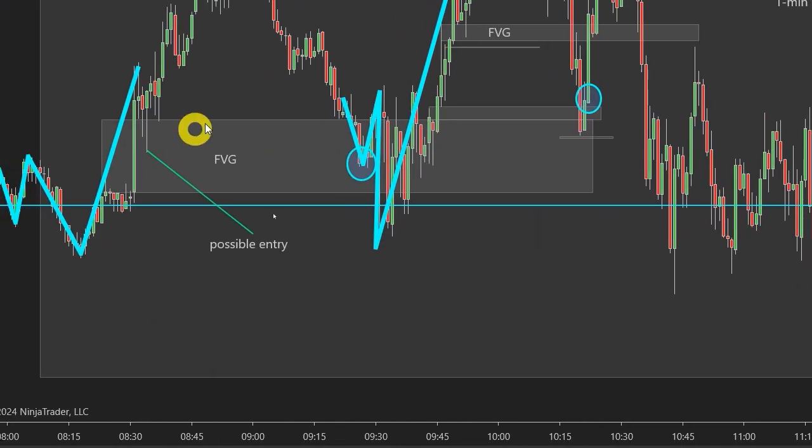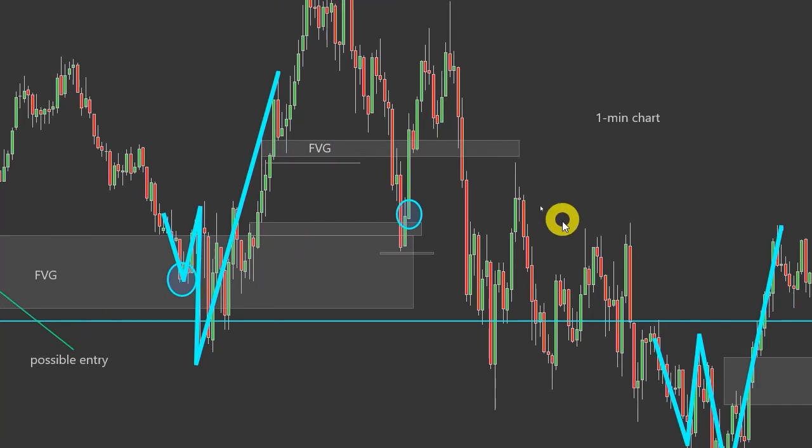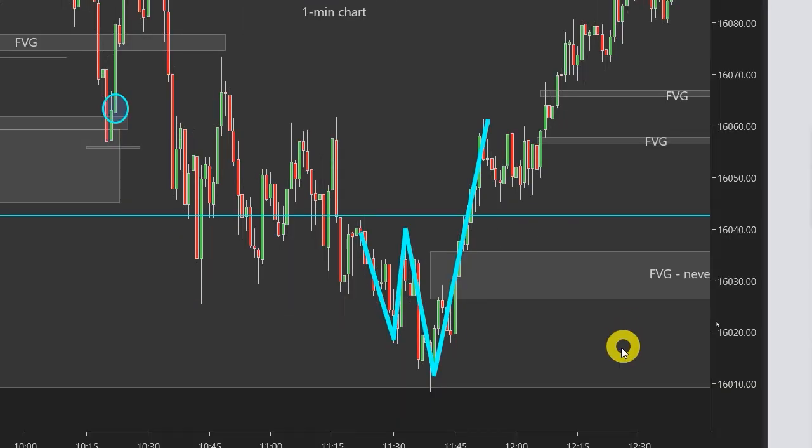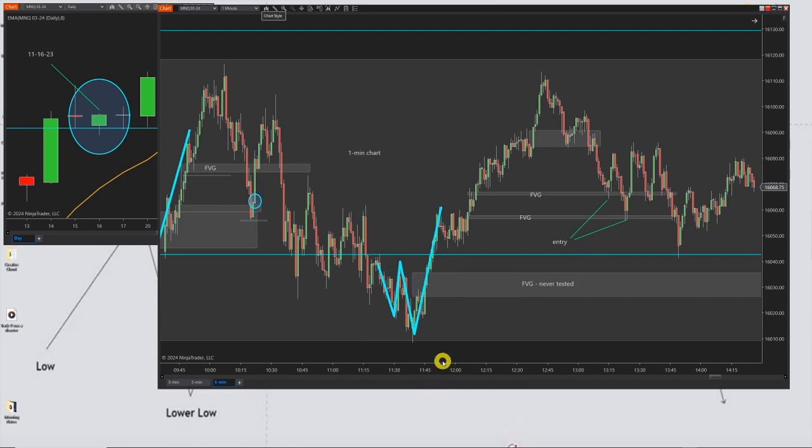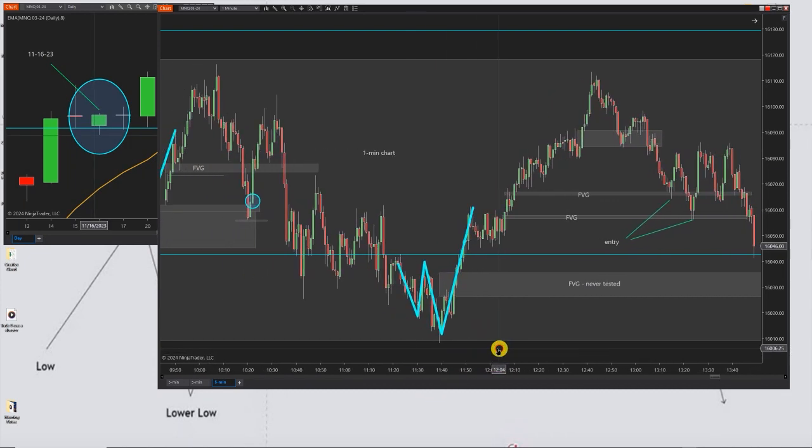If I would have tried it back here and waited and missed this one and tried it again here, this could have stopped me out for a full loss. This one could have been timed wrong as well. These over here, they did okay. I could have timed it wrong. And so you don't always time it the right way. So anyway, this is